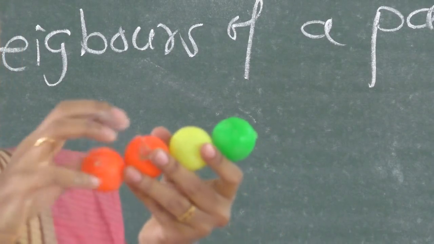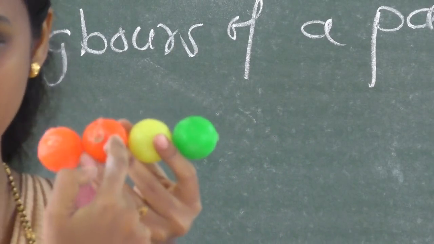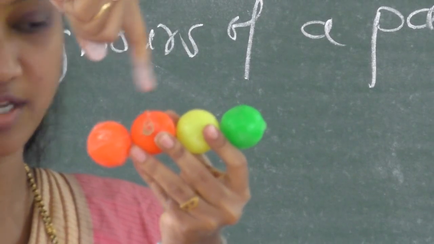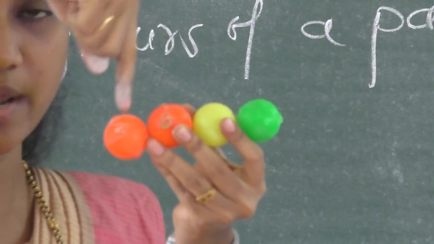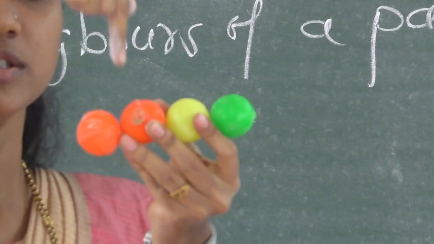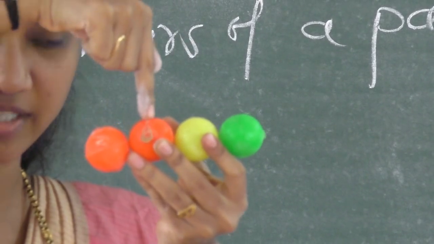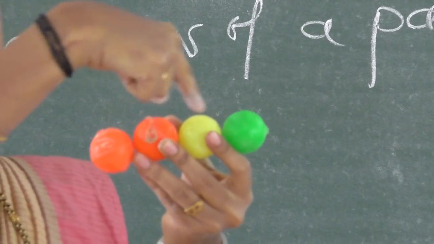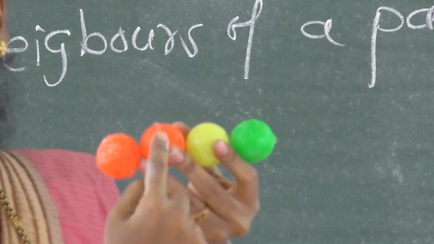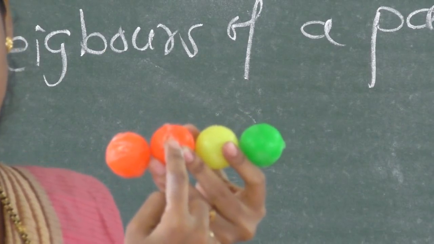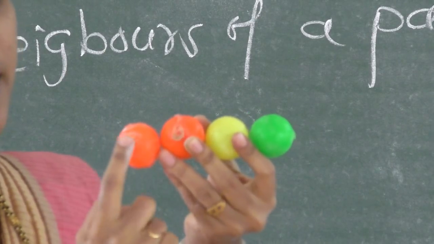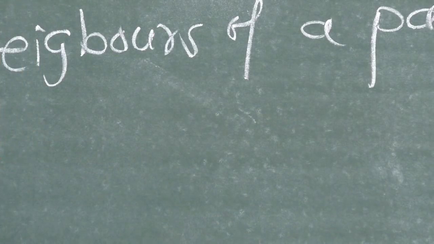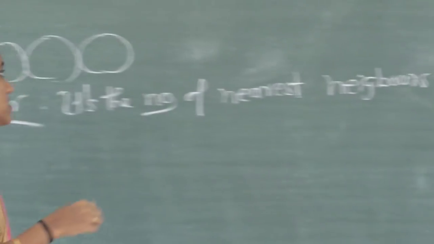So along the x direction, the particles are arranged like this. If you consider the second particle here, it will touch two of its neighbors, right? It is in contact with the two neighboring particles. So the coordination number of this particle is 2 here. So what do you mean by coordination number? The number of nearest neighbors of a particular particle. So this is close packing in one dimension. Clear? Now let us consider close packing in 2 dimensions.